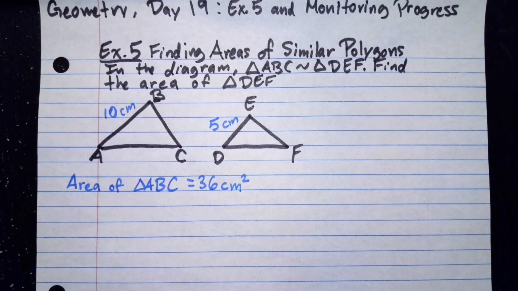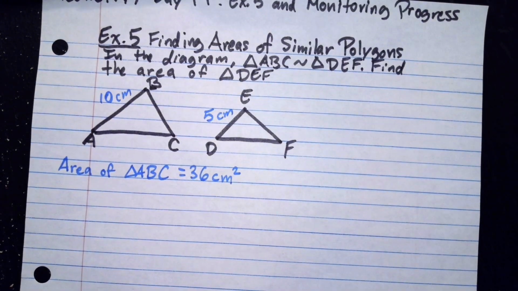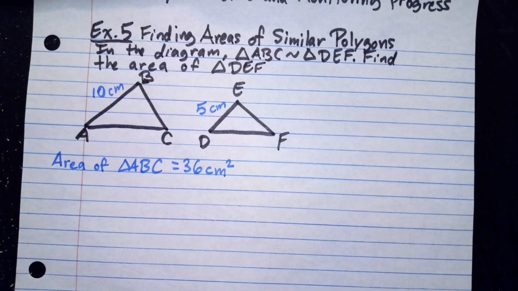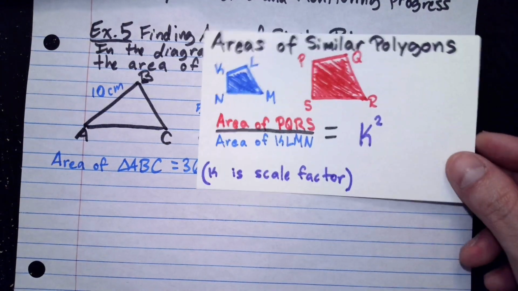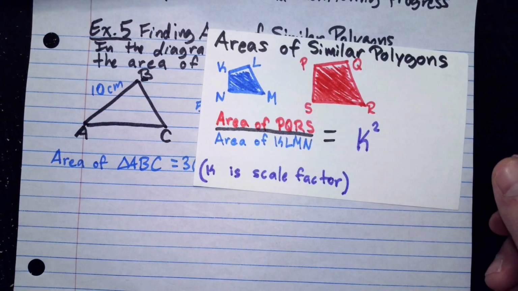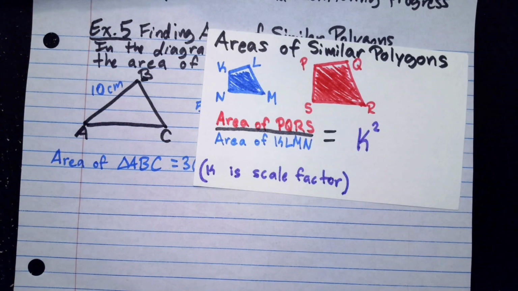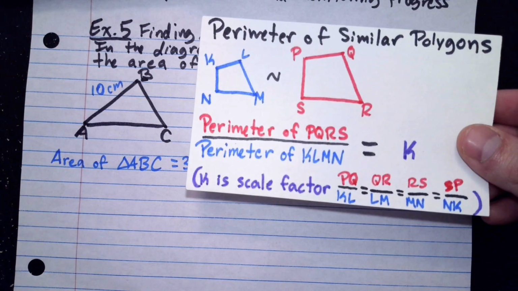Hey everybody, we're going to be working on example 5 and the monitoring progress question for the notes for geometry day 19. For this one we're going to be needing the second theorem that you should have copied for day 19, which is the areas of similar polygons. It's this one right here, and it's very similar to the other one from before, the perimeter, but